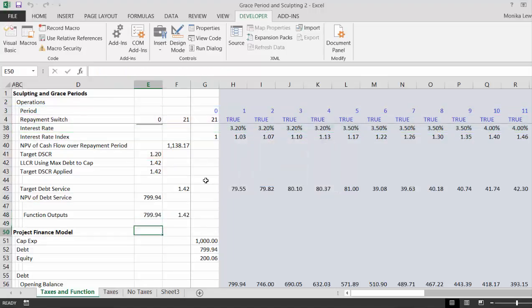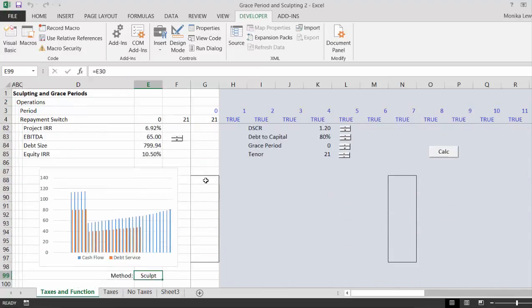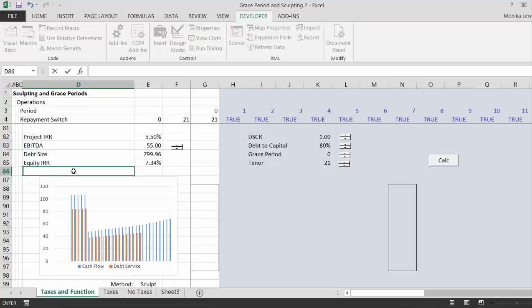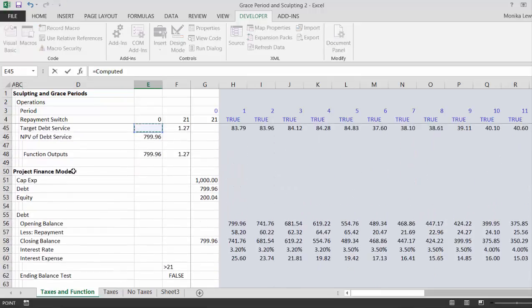Okay. Now, once we have this, we can do all sorts of things. We can change the DSCR, see what happens to our equity IRR. If we have a lower DSCR, remember, then we want to do the sculpting. Okay, then if we push it down, we should put the final debt to cap here. So I should have done this before. So if we could take this debt to the capex,